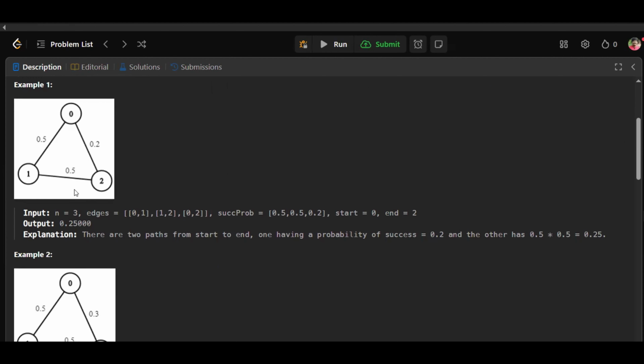So let's consider the first example. Here, there is a connection between 0 to 1, 0 to 2, and 1 to 2. And the success probabilities are 0.5, 0.5, 0.2. So here, the starting node is 0 and the ending node is 2. So if we go from 0 to 2 by using this direct path, the success will be